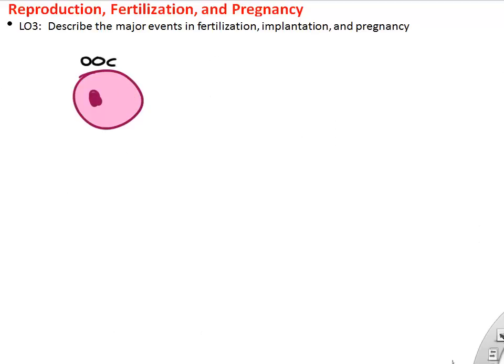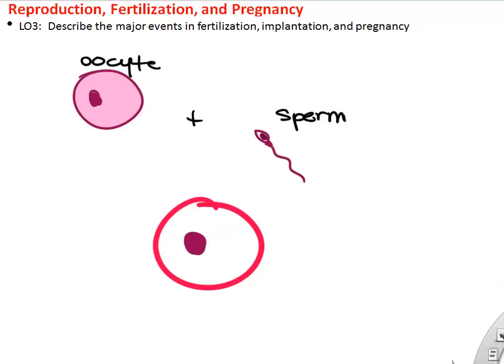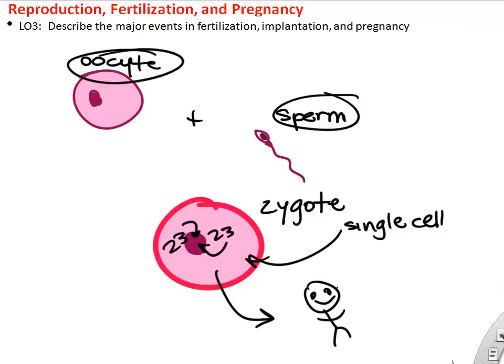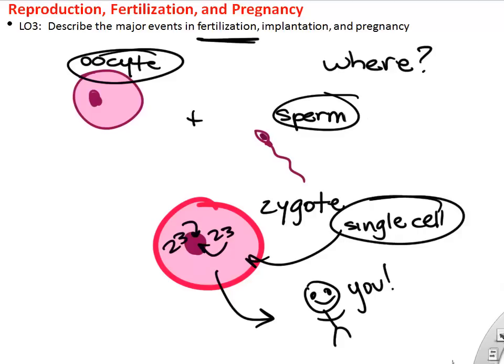So it starts off with an oocyte, right? We know that's been ovulated in the fallopian tube. We have a sperm, and literally millions are deposited in the vagina, but only maybe hundreds or thousands can actually reach the area of fertilization. So spermatozoan, really we just call them sperm. They join together, the oocyte and the sperm. The sperm donates half of the genetic material, and together the oocyte and the sperm create a single cell called a zygote. Again, the mom donates 23 chromosomes, the dad 23 chromosomes. Eventually that single cell zygote will actually be all the cells that create you.